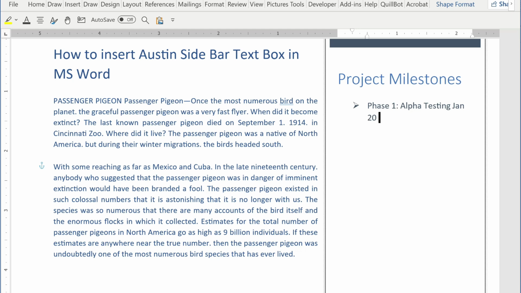January 2026, and similarly phase 2 beta release testing, February 28, 2026. Hit enter, and then